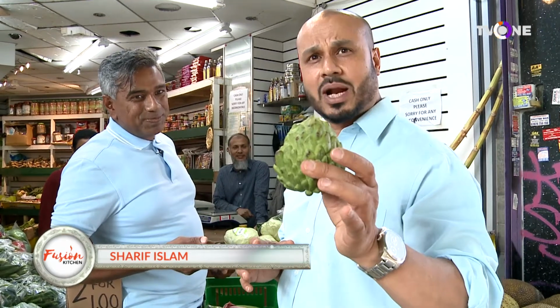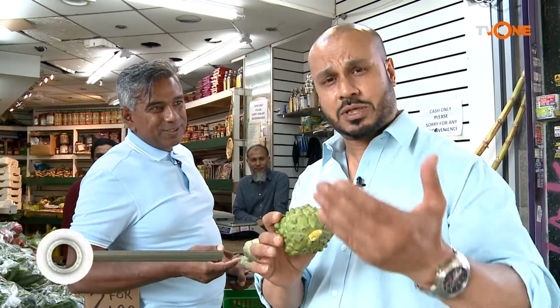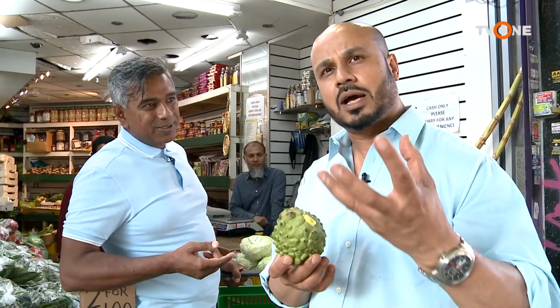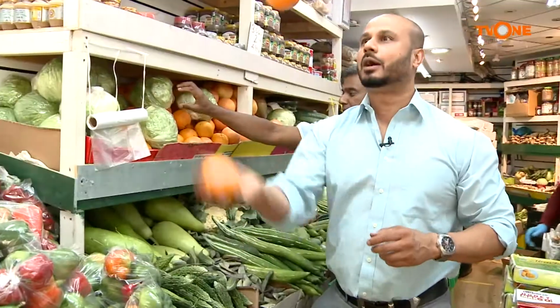It's got other names as well. In Bangladesh, we call it atafol. Now, this is very, very tasty, and this is the reason I'm showing you. We open it up, and the inside is so soft, it just melts in your mouth. So guys, if you haven't tried it, which most of you probably have,